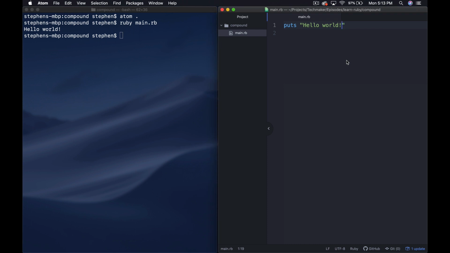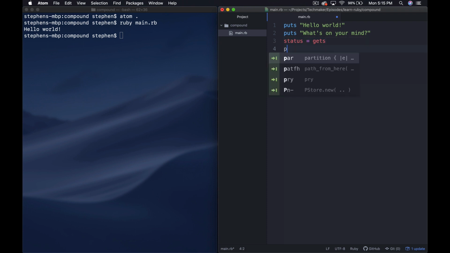So let's move on to something more interesting and get some user input. Let's add another puts here, and we'll say what's on your mind, and then we'll do status equals gets, and then we'll just say puts status. Okay, let's actually jazz this up a little bit. Let's do string interpolation here. So we can say you said,